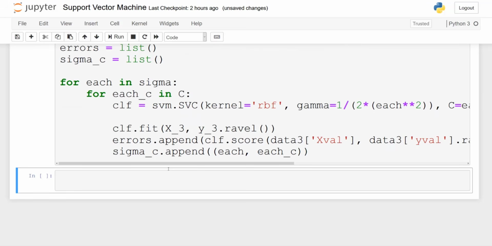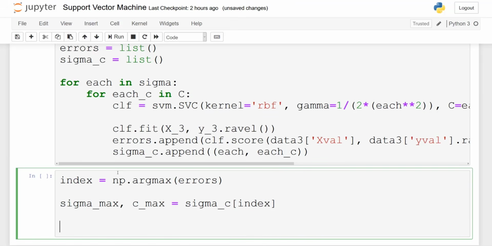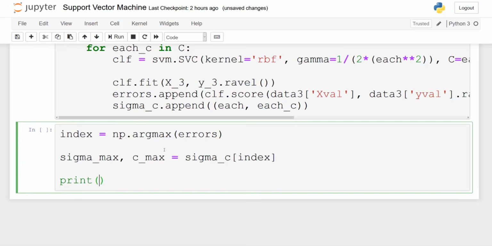So now we can see what value for C and for sigma is the best. So index will be np.argmax, pass in errors. Sigma max and C max will be equal to sigma underscore C at that index. And now we can print out the values.